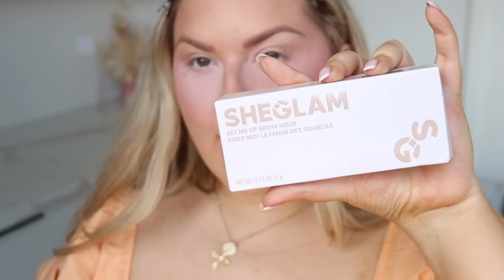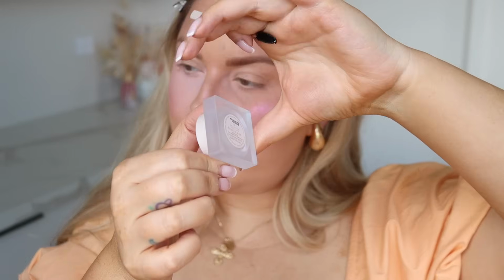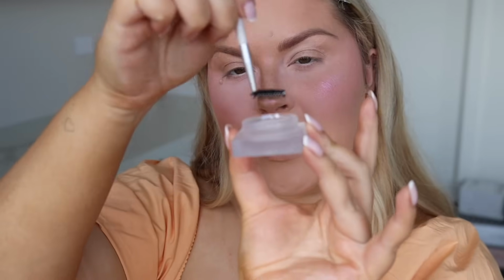Set Me Up Brow Hold. This is a clear one. Let's try it out. Once again, the packaging is just so cool. Look at that. Stunning packaging. Comes with a brush. I like to flatten the spoolie one way like this so that it's nice and easy to just dunk straight in there, and then